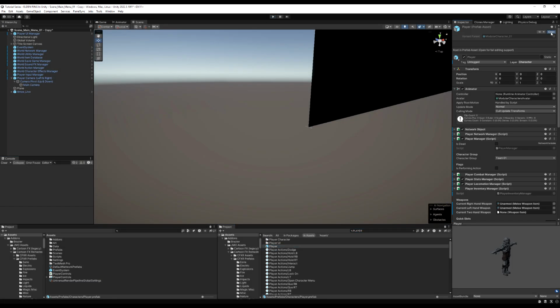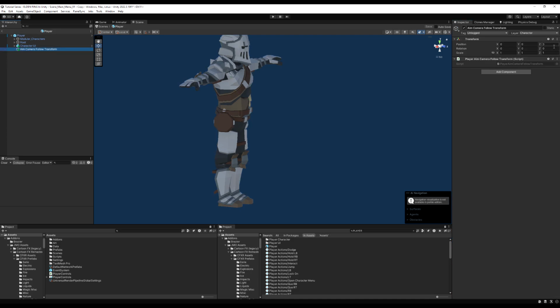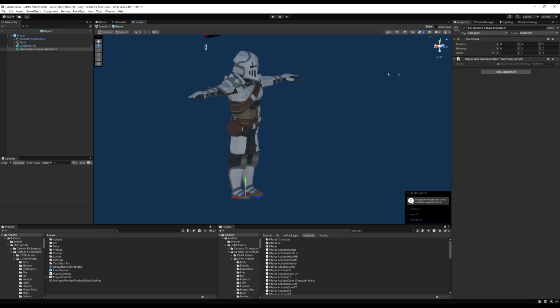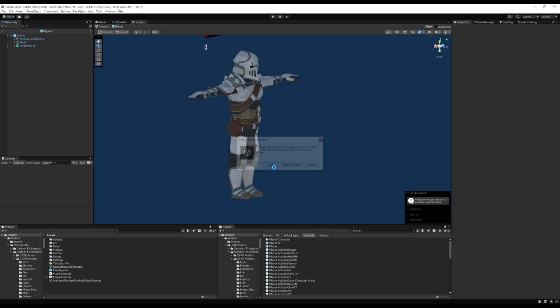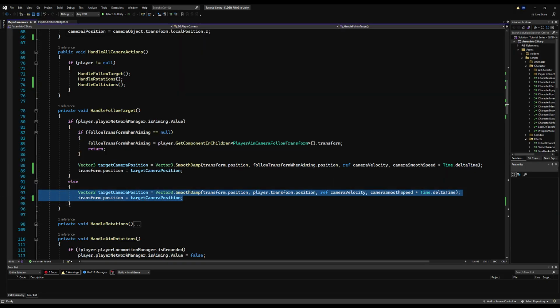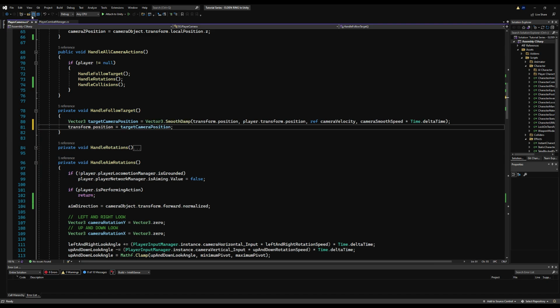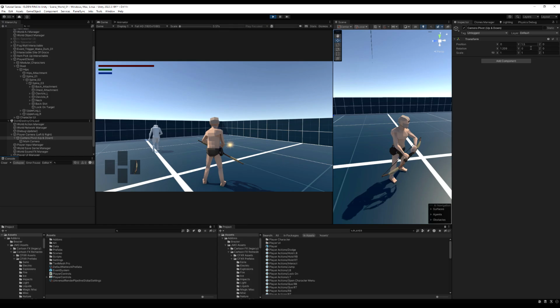So we're going to go to the player, go to the prefab, and delete this aim camera follow transform. Again, this is my bad, because in third person this actually works better for accuracy and is what you needed to get it one-to-one, but I'm transferring this from Nephilim, which uses third person. This is supposed to be first person like Elden Ring. So go to handle follow target now in your camera and delete the logic and just make it follow the